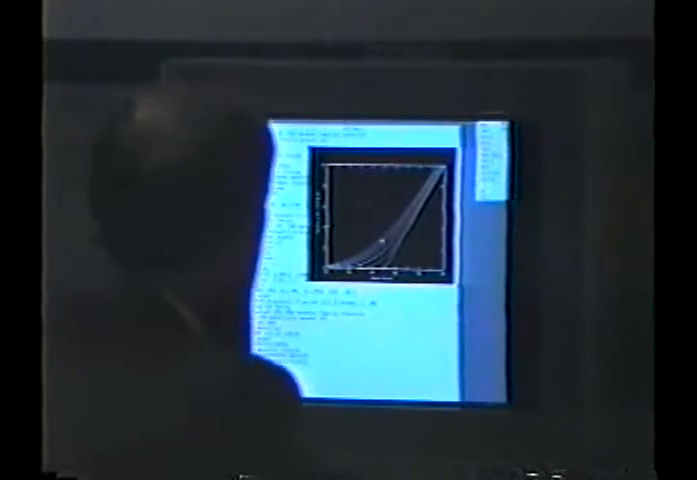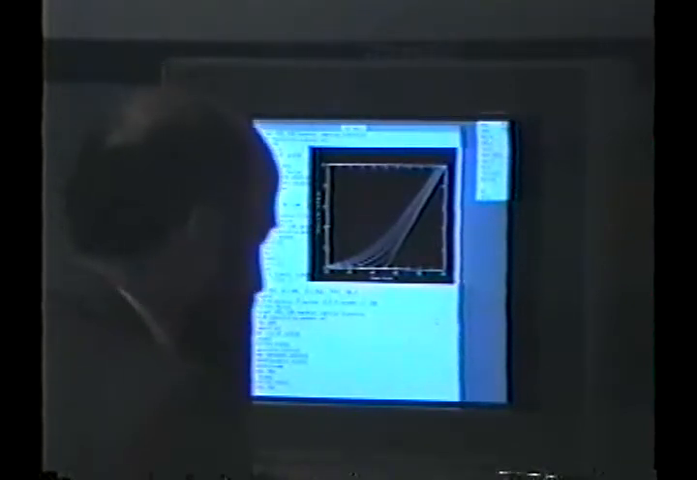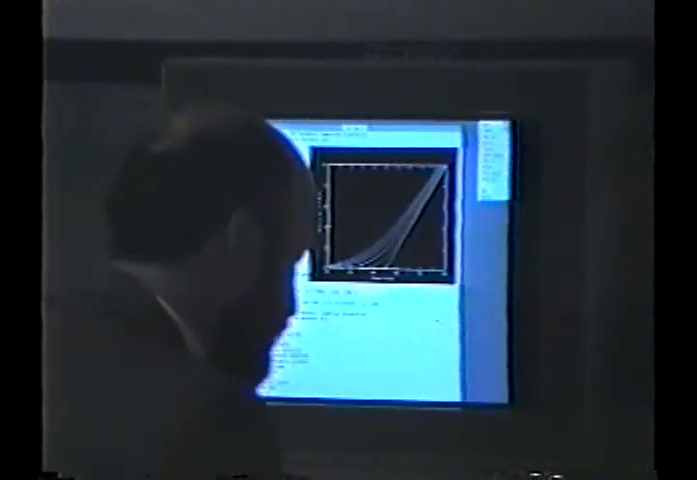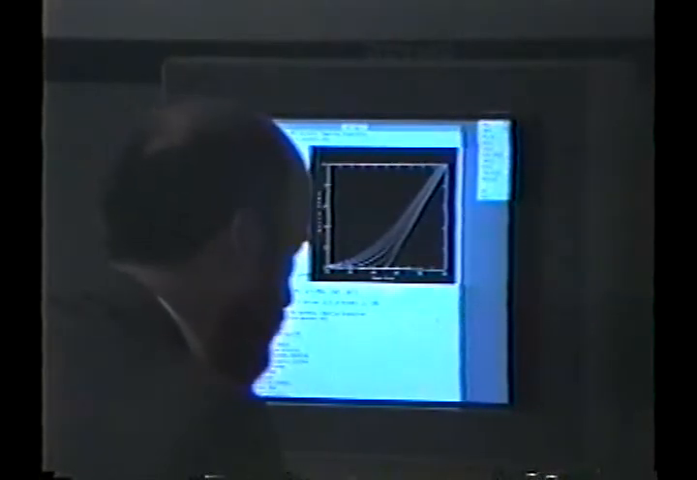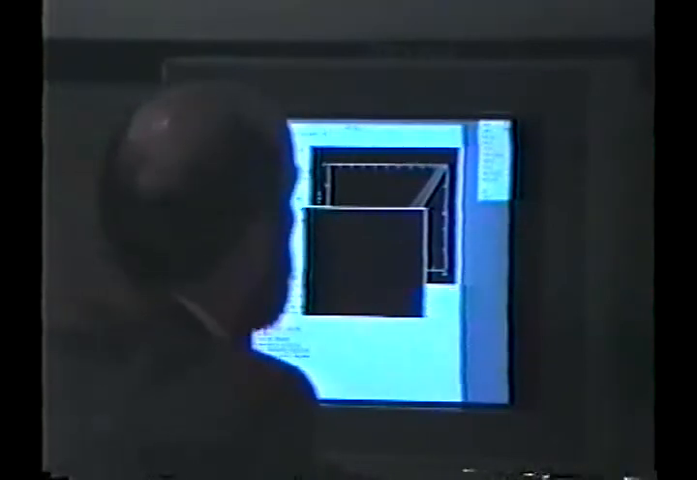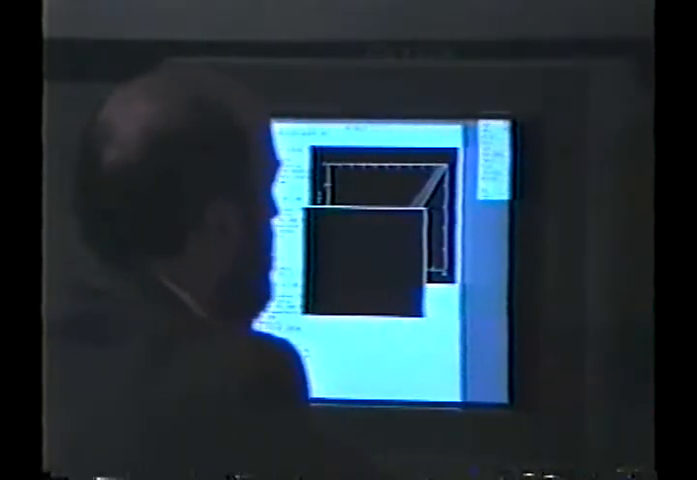Let's define another window now, maybe. Okay. Actually, you can use the X window, which is nice here, to move and